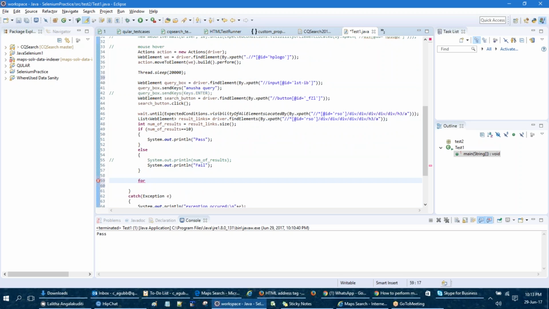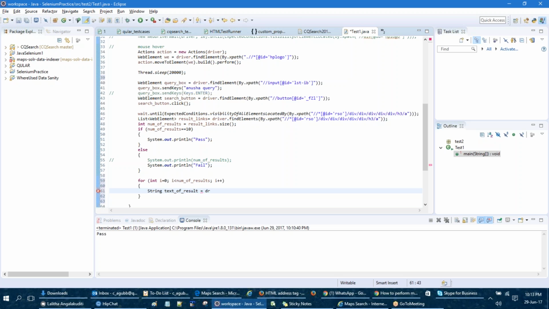So for int i equal to 0, i less than number of results, i plus plus, then String text of result equals